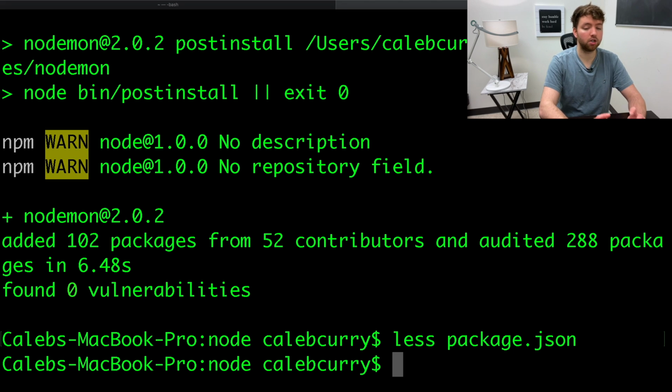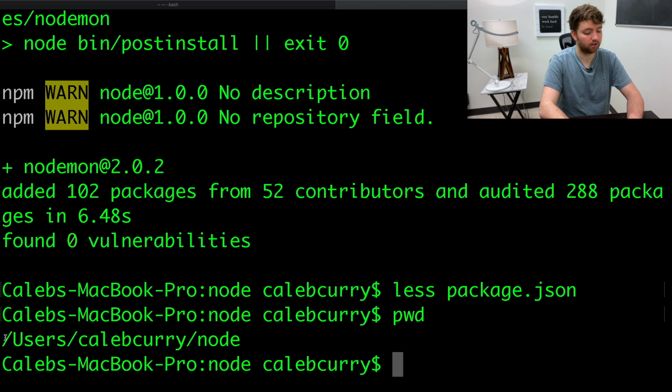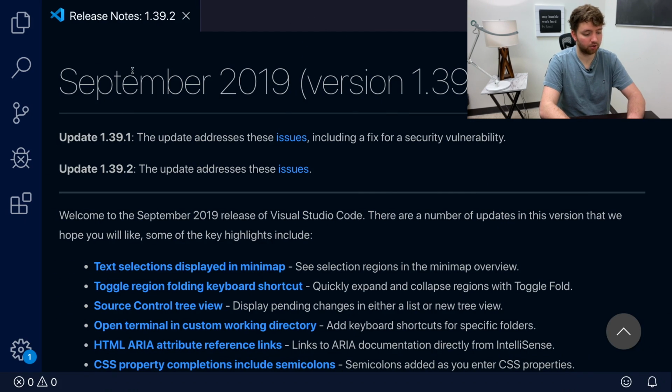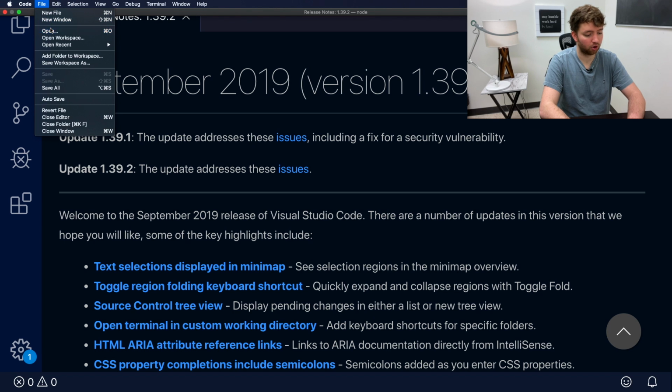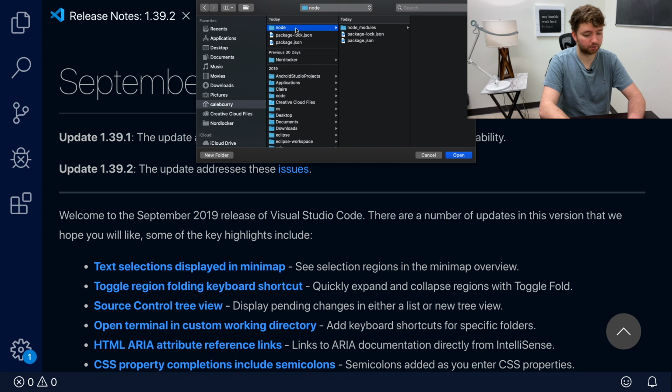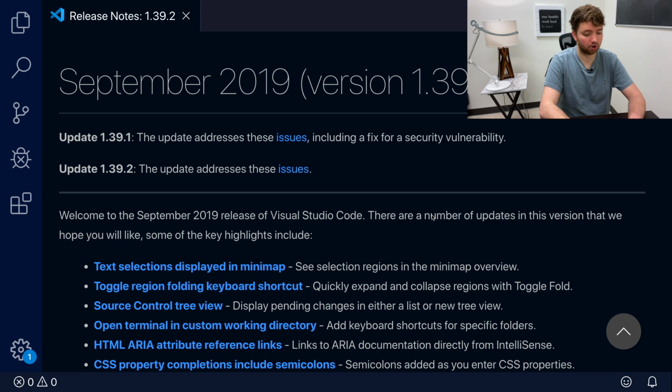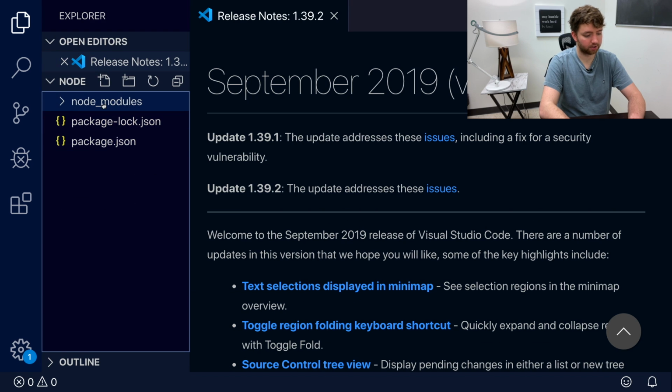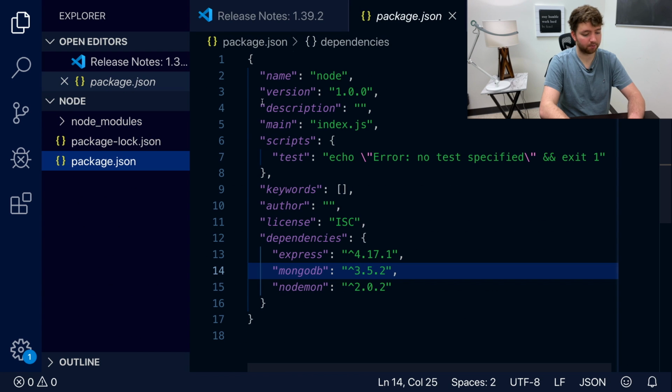And what we want to do now is we want to open this directory in a text editor. Now, if you have Visual Studio Code set up all the way, you might just be able to say code dot, which will open the current directory. I don't have it set up that way, so I'm just going to follow this path in the text editor and open that folder. So we're going to open up Visual Studio Code, File, Open, and we can see I'm already in that folder. So we open Node and click Open. Now you can use this button here and you can see the folder right here, and we got this package.json